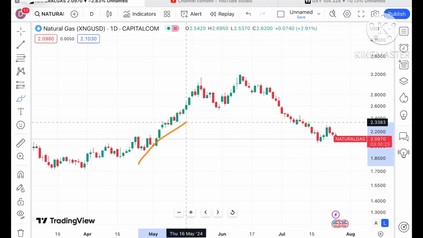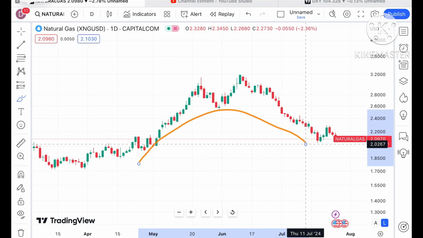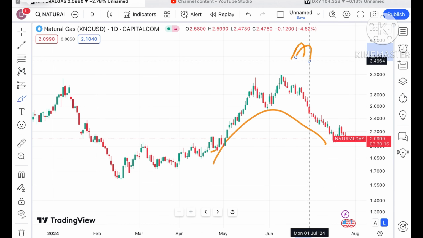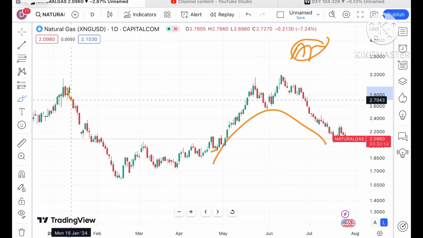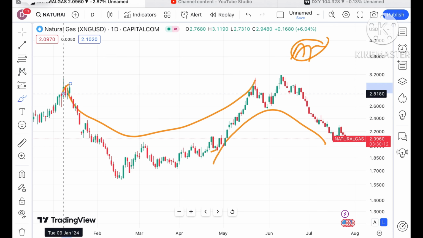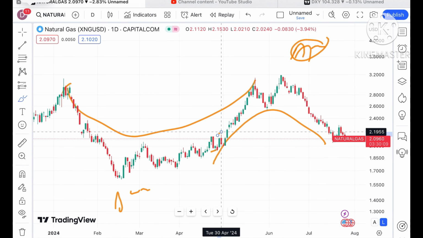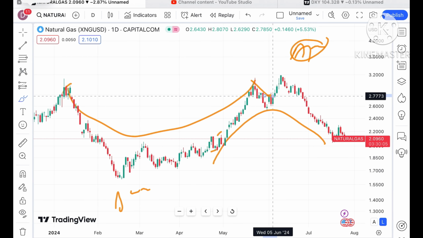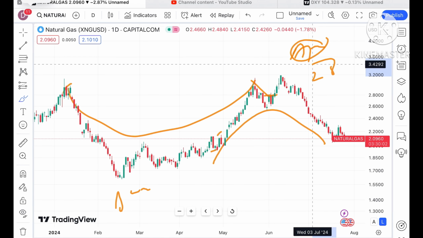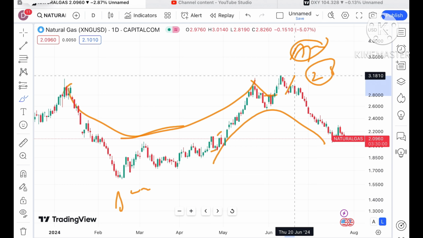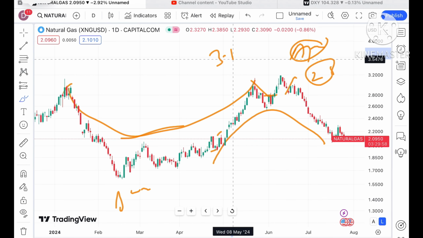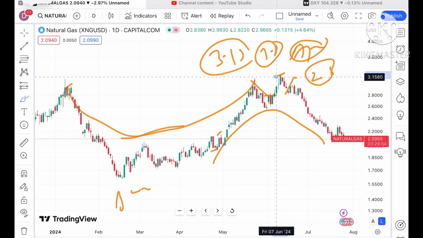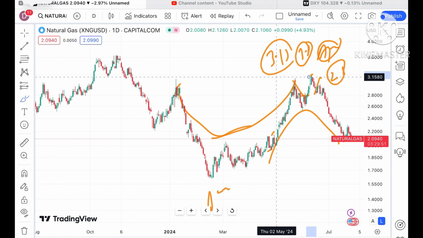Now what is happening in this particular trend? An inverted U pattern is forming. This U pattern has formed from April of 2024, and a bigger U pattern is forming from the month of January 2024 till May. After that it came down, and that is where I told you to buy at a level of 2.8, because a clear up pattern was forming and chances were very high it would cross a level of 3.13 and go towards 3.2. It touched the level of around 3.2 and then it came down.